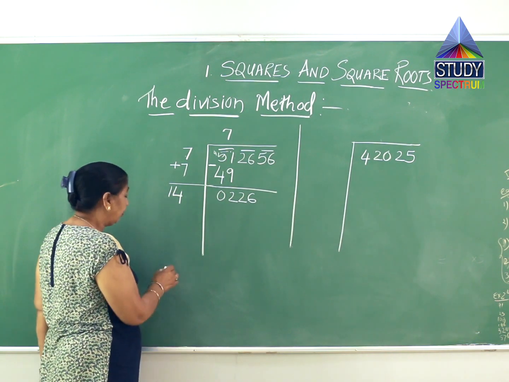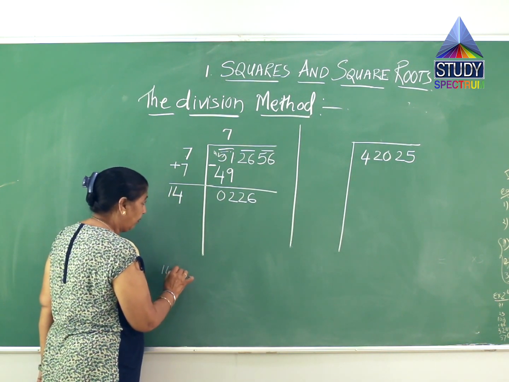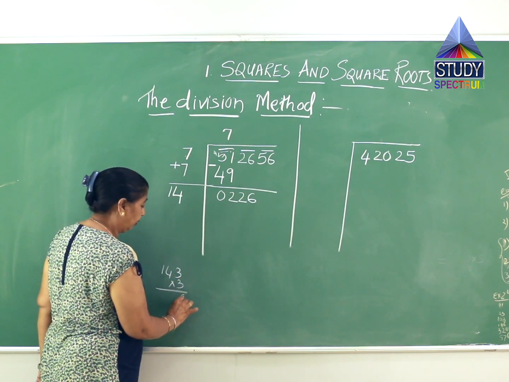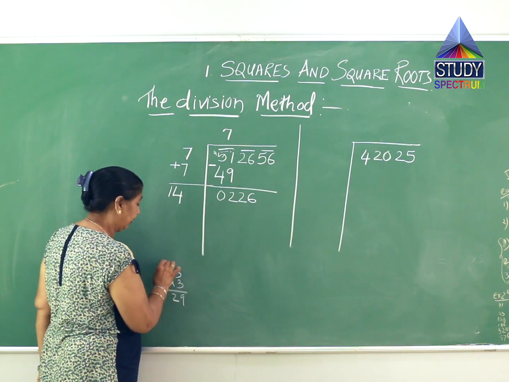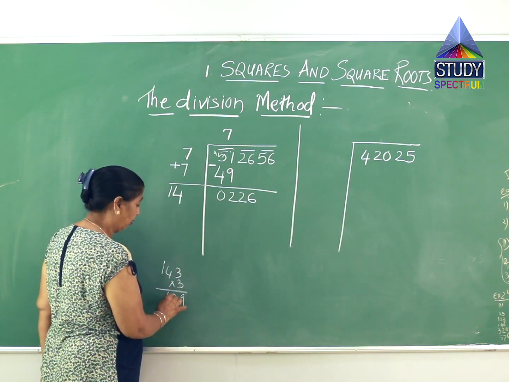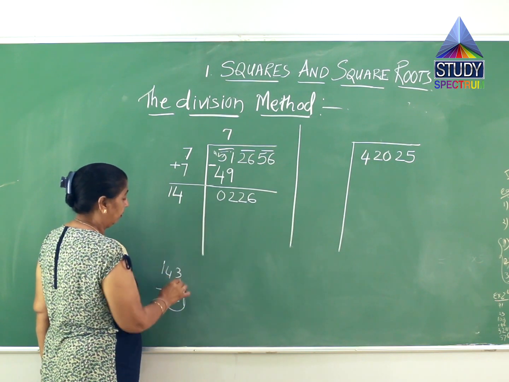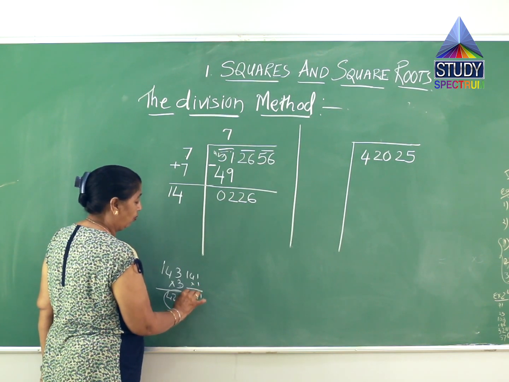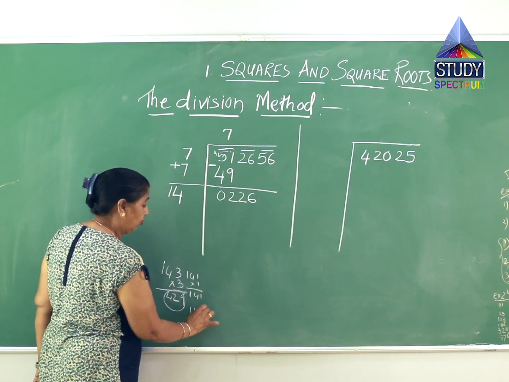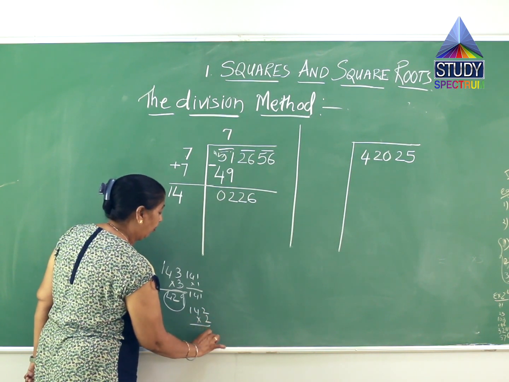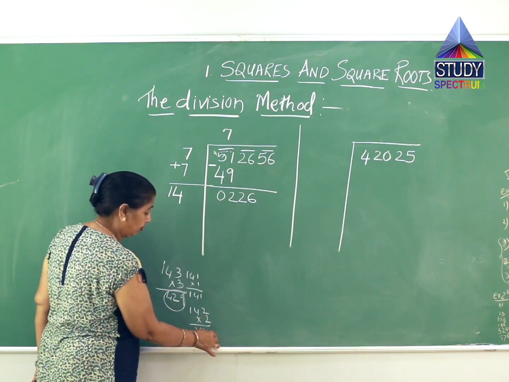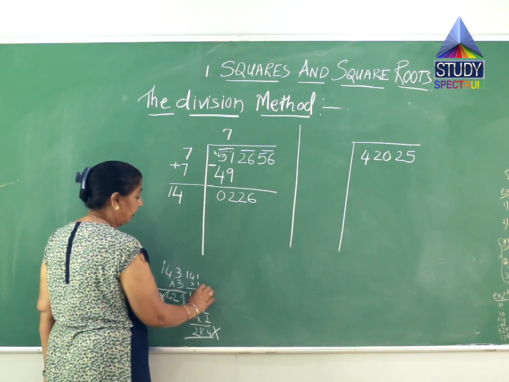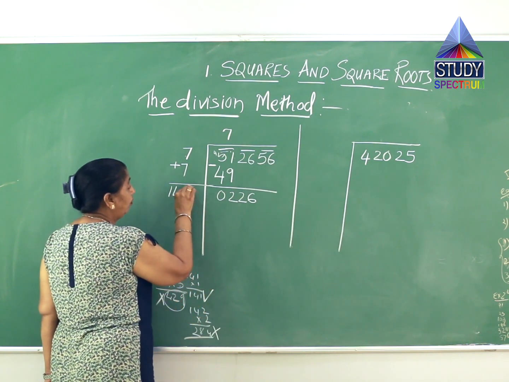This I can check in the working, like 4. If I put 3 and multiply by 3, it gives me 3 3s are 9, 3 4s are 12, 1 carry, 3 1s are 3, and this is 4. This is greater than this. And if I put 1, it will give me 141. And if I put 2, it will give me 482. This is also greater than this number. So I will not use these, I will use this. So I will put 1 over here.